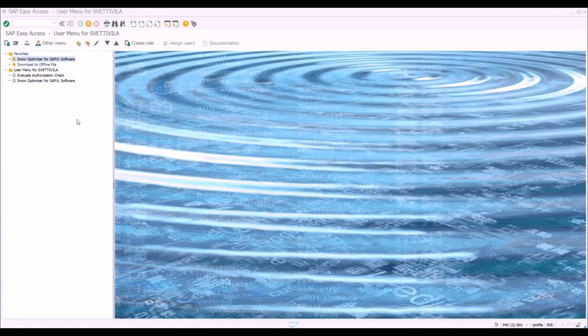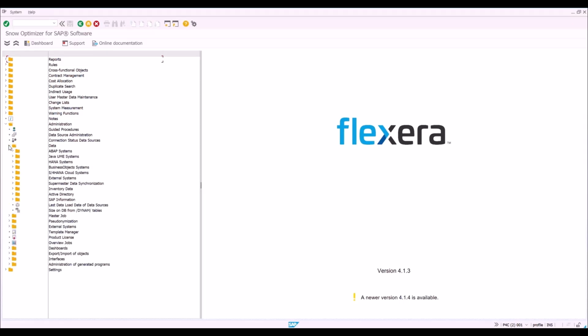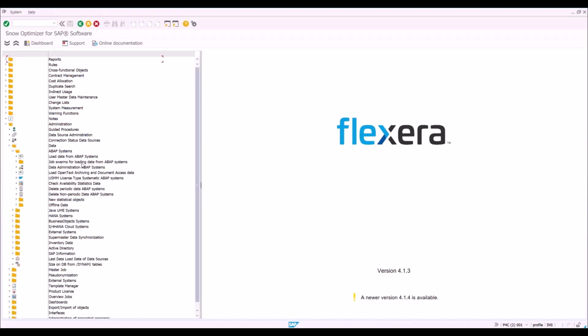This video explains how to load the data from Snow Optimizer for SAP. For that, double click on the Snow Optimizer from SAP. Then you can go to the administration option where you select data, and under the ABAP system, we have two